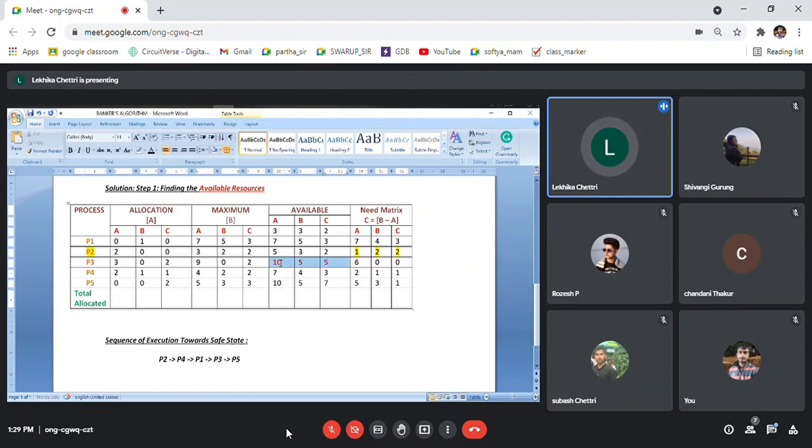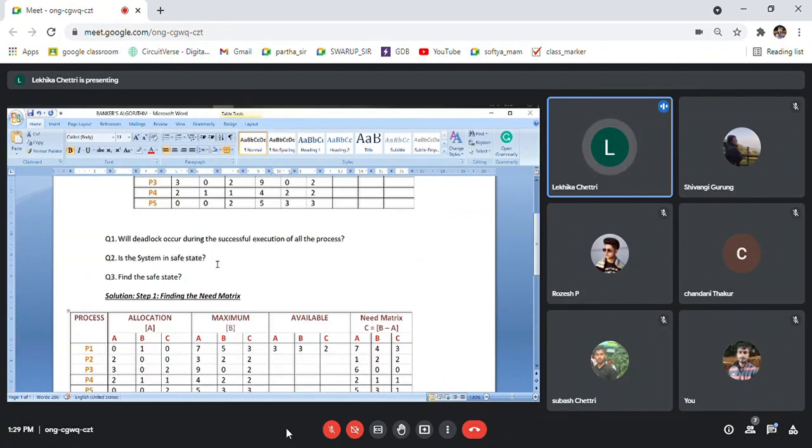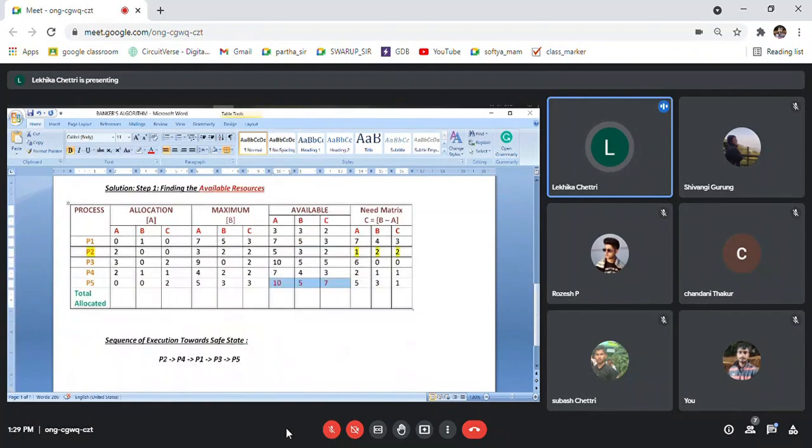So now if the operating system allows this sequence of execution, okay, so the operating system has now found that if this is the order of execution in which I should let these processes execute, then yes to the question, the answer is the system is in a safe state. Yeah, because we have found a sequence of order, so yes, it's a safe state.